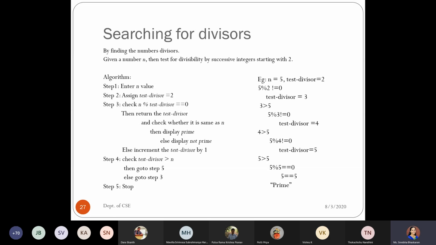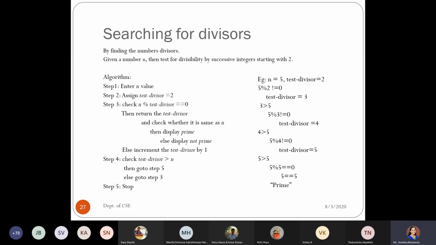Students, if I'm writing it in the same way, till I reach the n value, each time I'm incrementing the test divisor value and comparing it with respect to modulo, and it keeps iterating in this way.